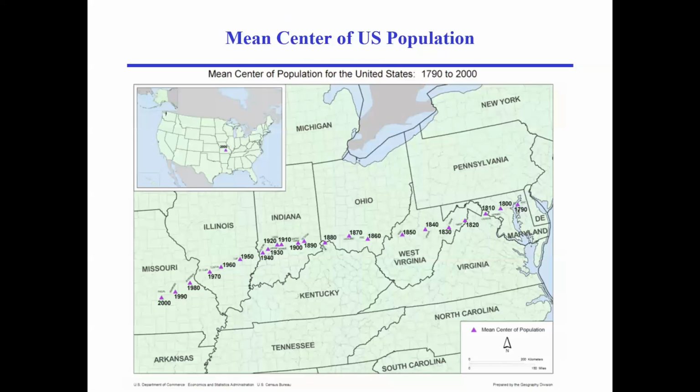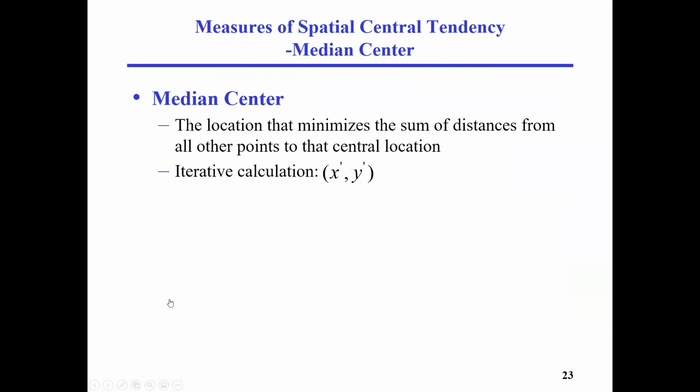This is how the author of this map finished it. So of course, you need to find out each state's population for 1790, right? And then find out all the centroids for all states in that year, right? And you repeatedly do this for all those years, and you will find the mean center of population for United States. Okay, beyond that,